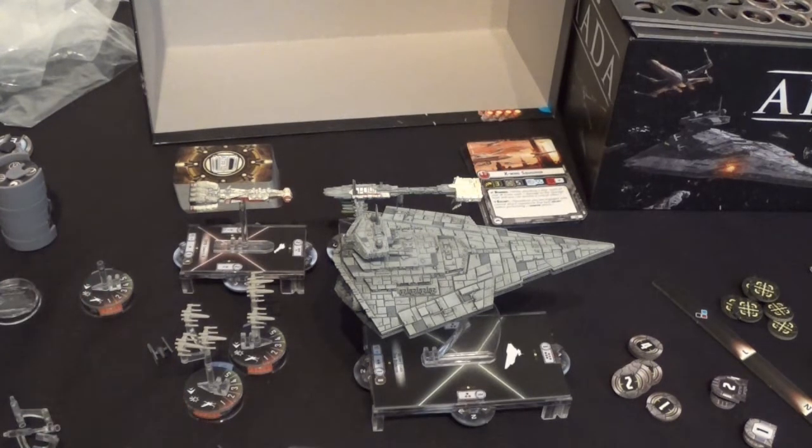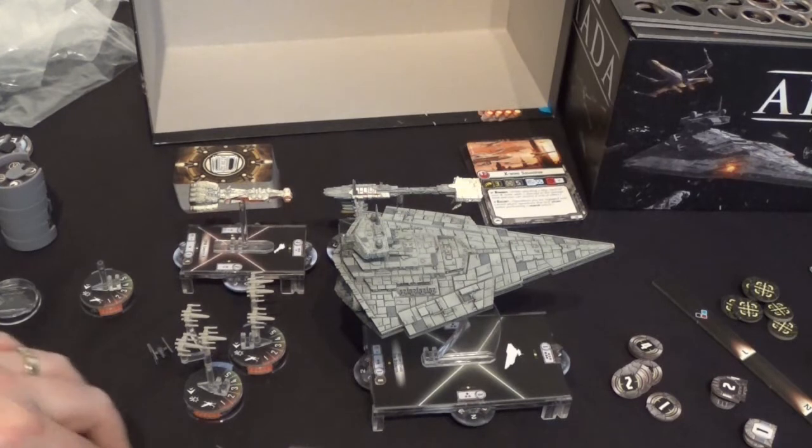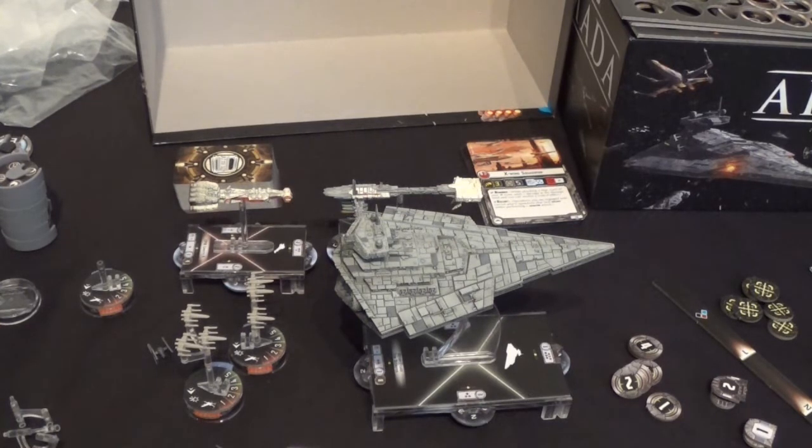So there should be 4. Is there 4 squadrons of each then? Or is there 5 squadrons of TIE fighters? There's 5 TIE fighters, I think. Oh no, tell a lie, there's 6. 6 TIE fighter squadrons. Yeah, and they've got